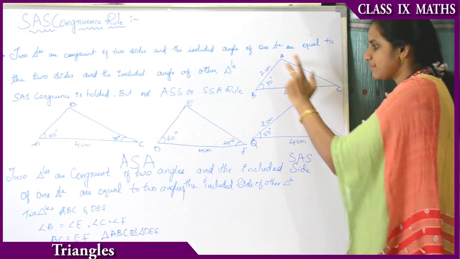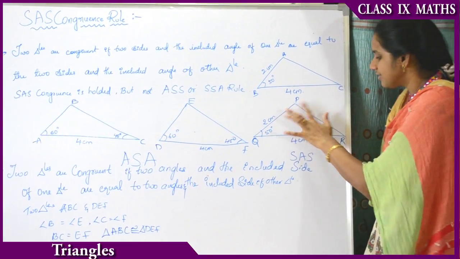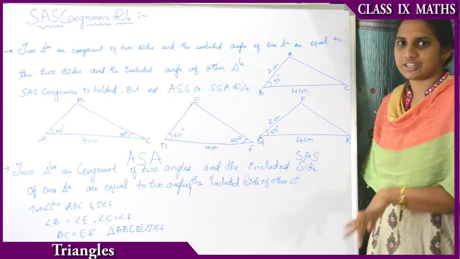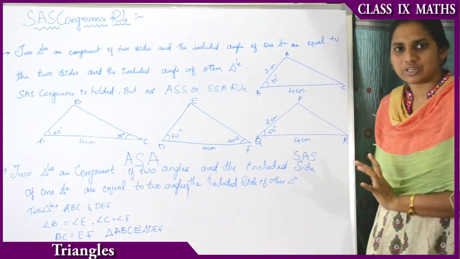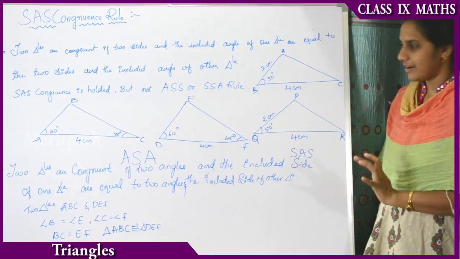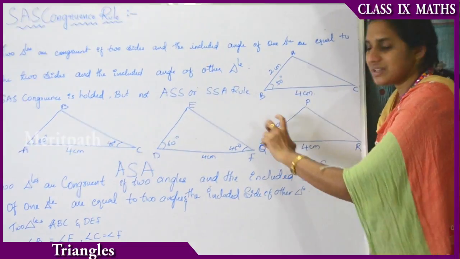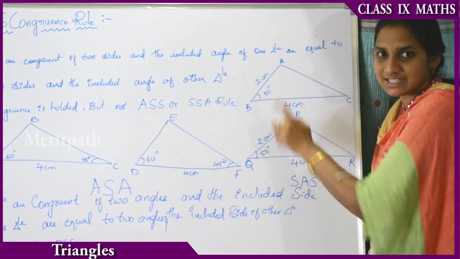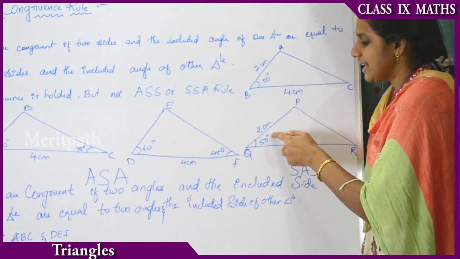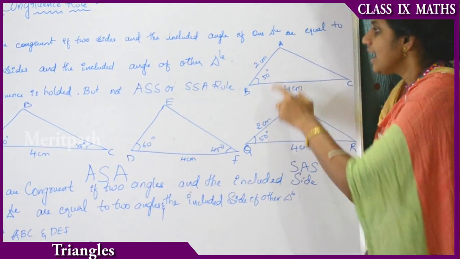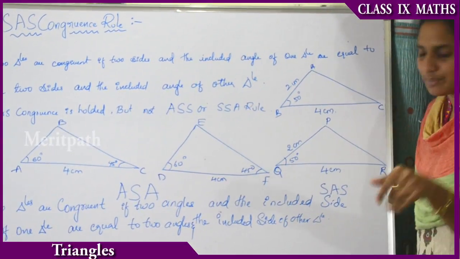Because it is an exact measurement, right? So the two end points will end at the same point for both triangles. Therefore, the third side will be automatically equal for both triangles. That means AC will be equal to side PR, right? And the major point here is that when the two sides having similar sizes in two triangles are included with the same angle, that is angle B, if they are included with the same angle, 50 degrees only, this third side will be equal, right? Otherwise, if these two angles are included, suppose let us take this